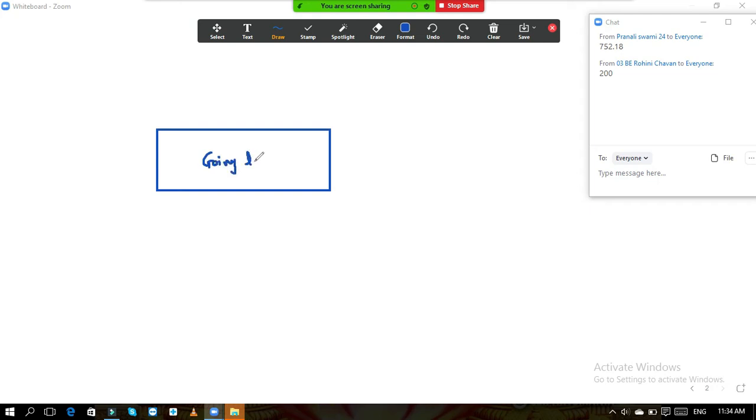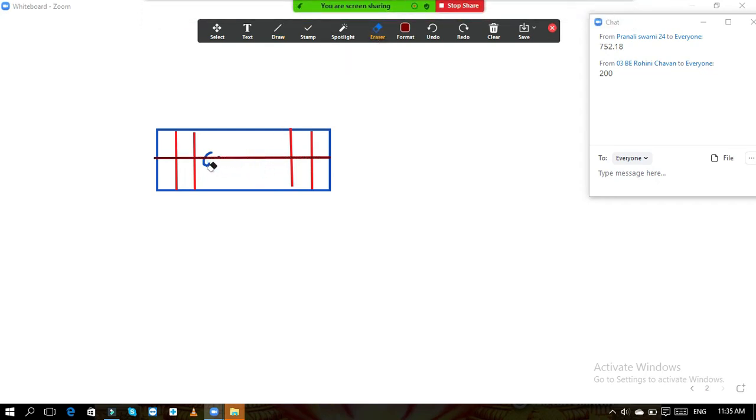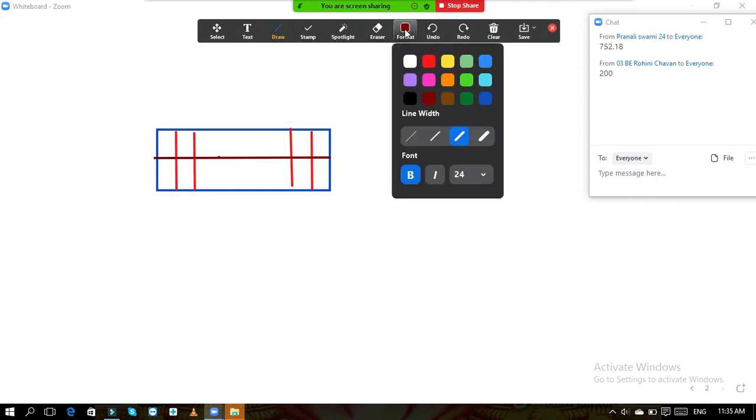Going length means, here your steps will be there. This is plan. In plan I am showing everything. Now going length means what? If I randomly draw the lines, here your steps will be there. One, two. Likewise, here is the end, and in between there is a line. You know always. So this type of staircase is there. So I have drawn only for the going length. Okay, so this is your step.